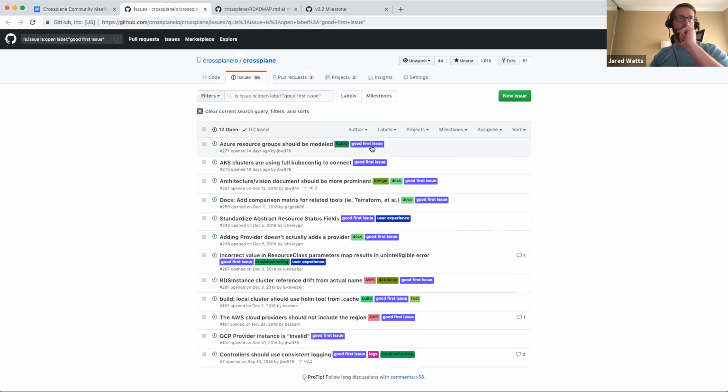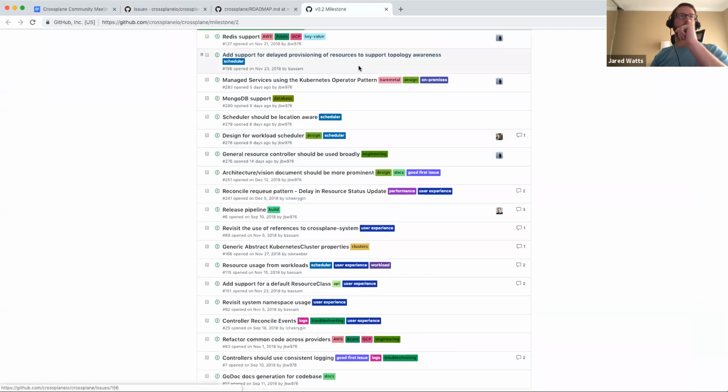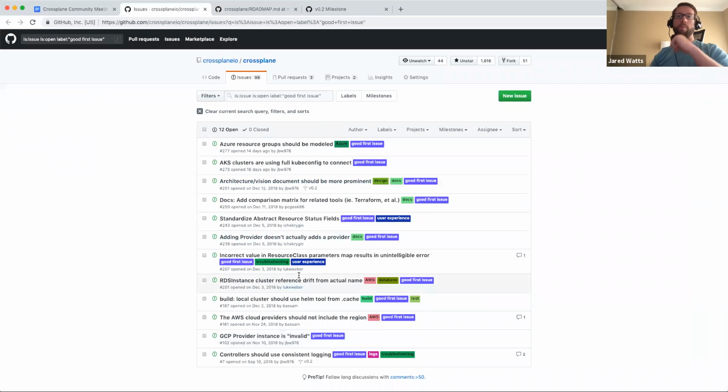So this query, the good first issue label, should be up to date with a lot of different items that might be good for someone to come in and check out. And not all of them are in the 0.2 milestone, so they're not targeted for the next milestone we want to release. But if you see something in this good first issue list that you're interested in and you think would help you get onboarded and become a contributor to the project, please do feel free to work on it.